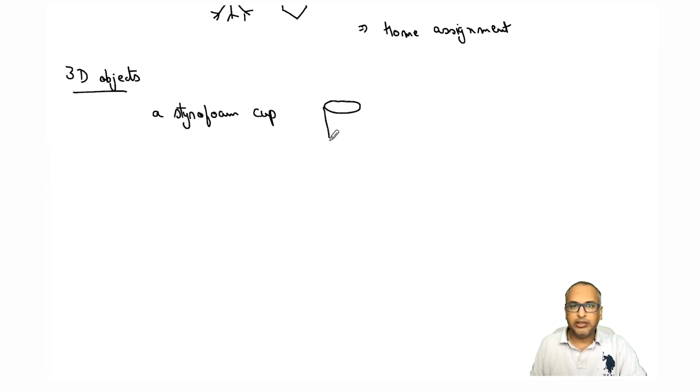It's not a right circular cylinder, it's something like this, right? So you have a styrofoam cup, which is used to drink tea, a portable cup. Now, what will be the point group of this? If you take an axis going through the center of this, what kind of axis will this be?